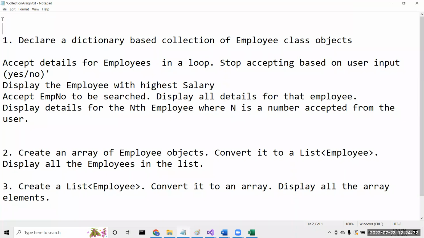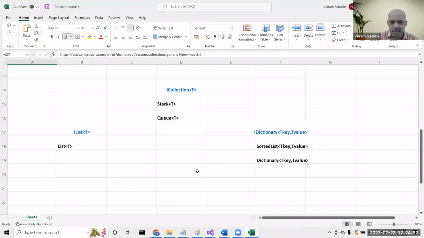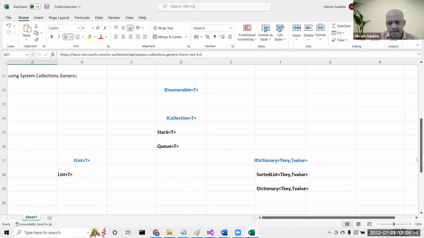Hash table dictionary. Sorry? Hash table employee. There is no hash table in a generic type. What are the, if you remember, I think I might have the Excel file open. This is the generic type. So what class could you use? Dictionary. Either dictionary or